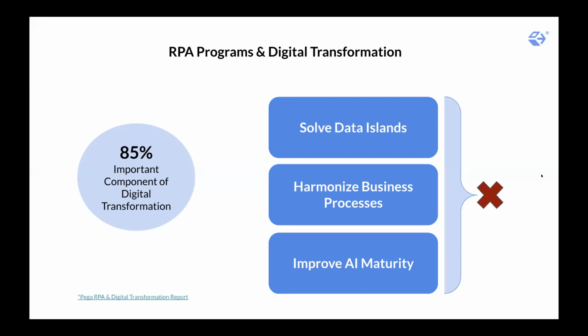Yeah. And so that brings us to a good point, there was a study done by Pega. Pega is obviously a pretty big technology company that is also doing a lot of intelligent automation these days. They ran a survey of key enterprise technology and business stakeholders, and 85% of them said that RPA is an important component of digital transformation. And that's exactly why,